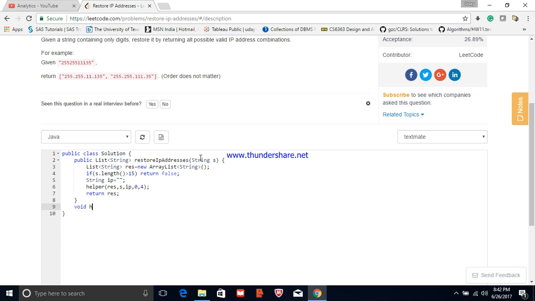Then we'll have a void helper function. We will define the signature based on parameters we have passed over. String s, string IP, int start, and int n. Now if n is equal to 0,